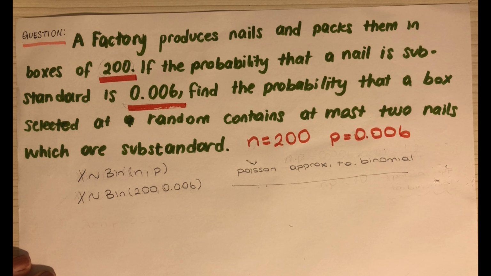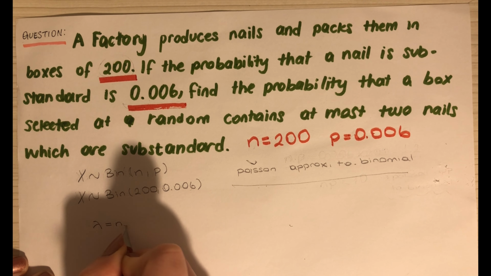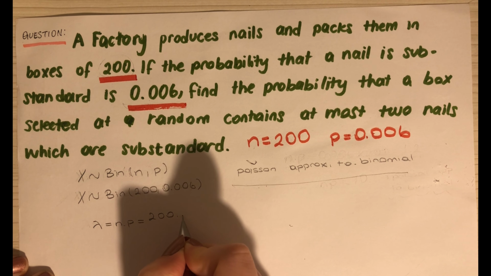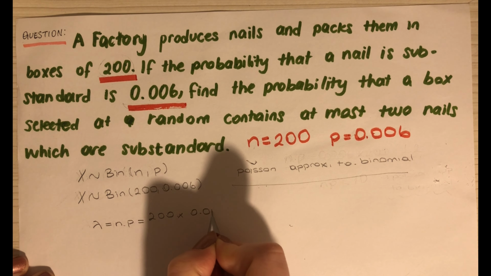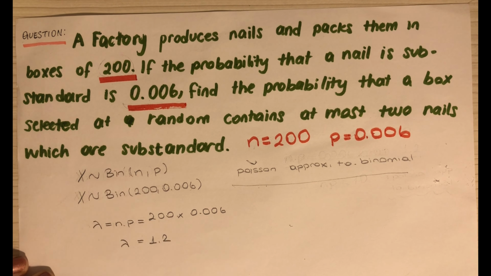Another thing is that the number of trials must also be larger than 20. And we can see that's 10 times larger. And the last thing we have to check is the expected value, which would be n times p for binomial, which would also equal lambda, which would also have to be smaller or equal to 10, which we can see that it's way smaller than 10, exactly 1.2. So we know that lambda is 1.2.